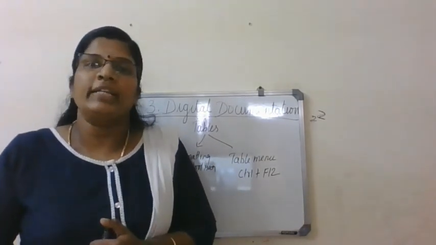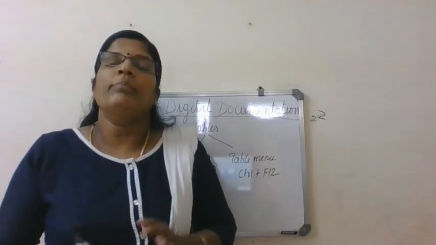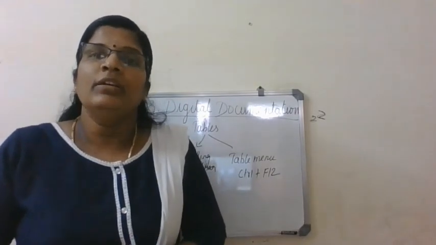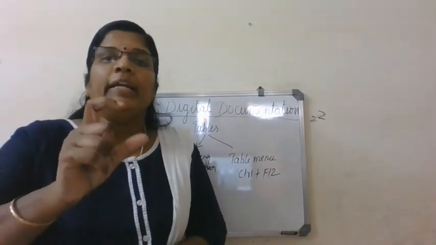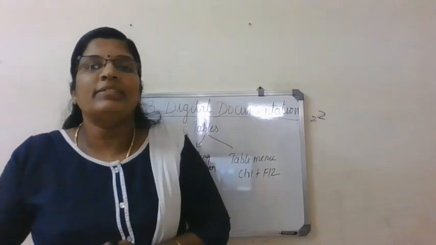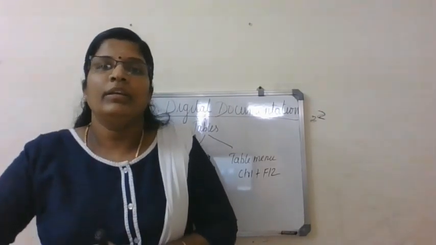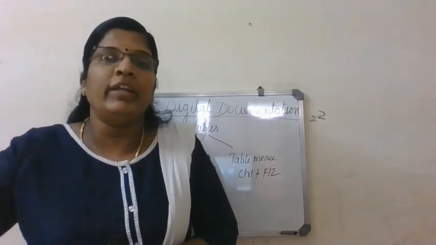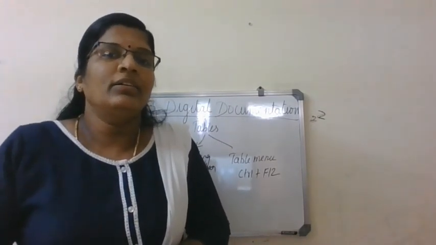Let me tell you in detail. You might have seen some greeting cards or letters from the school or office, or in your inbox you may be receiving emails and greetings with your name or your parents' name. Everyone will be receiving the letter, invitation, everything with their own name. What does that mean? Is the letter printed for each and every individual separately? Is it an easy task? No, right?